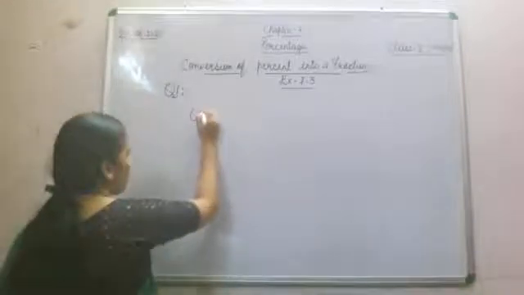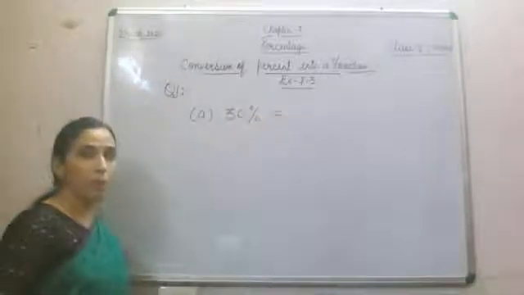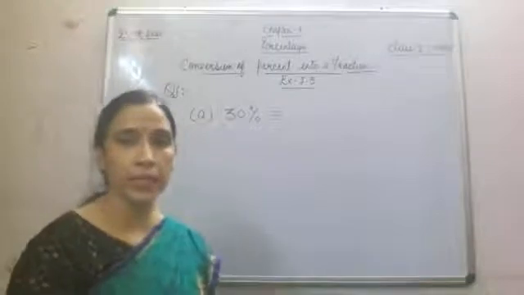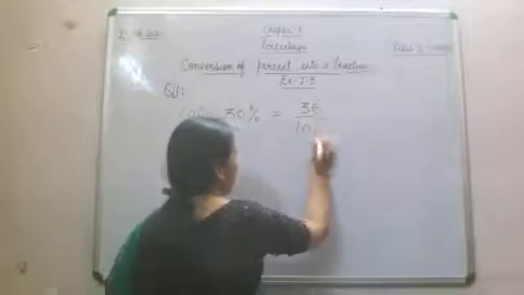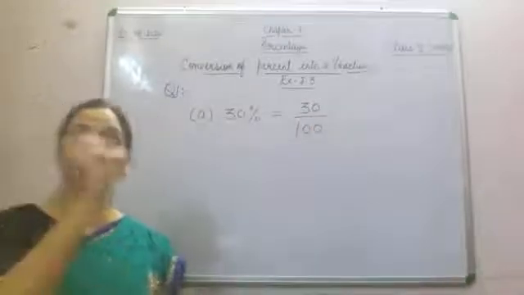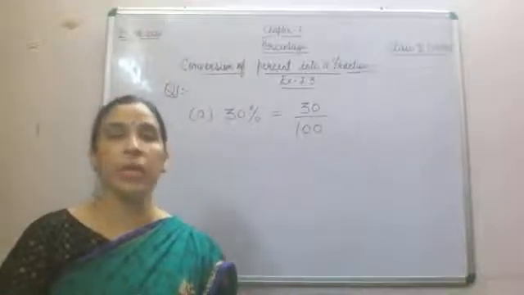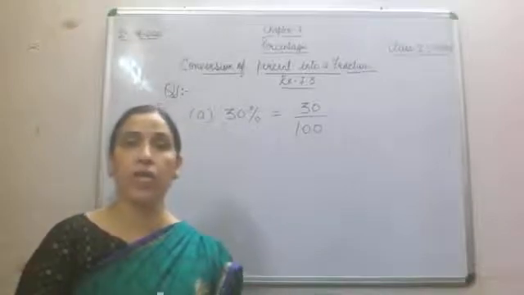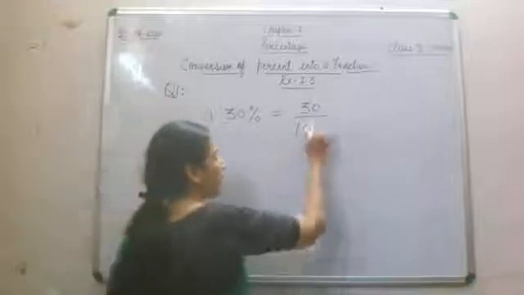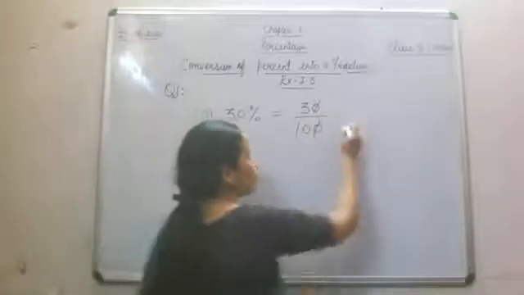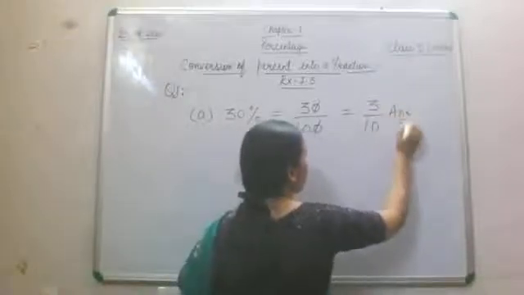A part is, for example, you have been given 30%. Now the percent will be removed and divided by 100, so that can be written like this, 30 by 100. Now children, as we were doing in the fraction chapter, if a given fraction can be reduced to its lowest terms, then we will reduce that fraction until it comes to its lowest form. So here 0 can be cancelled with 0, and the fraction becomes 3 by 10. This will be your answer.